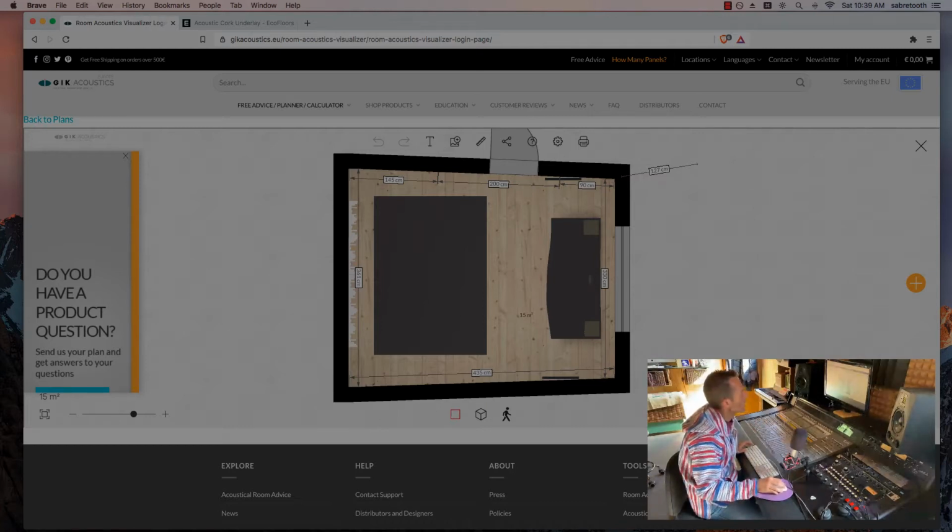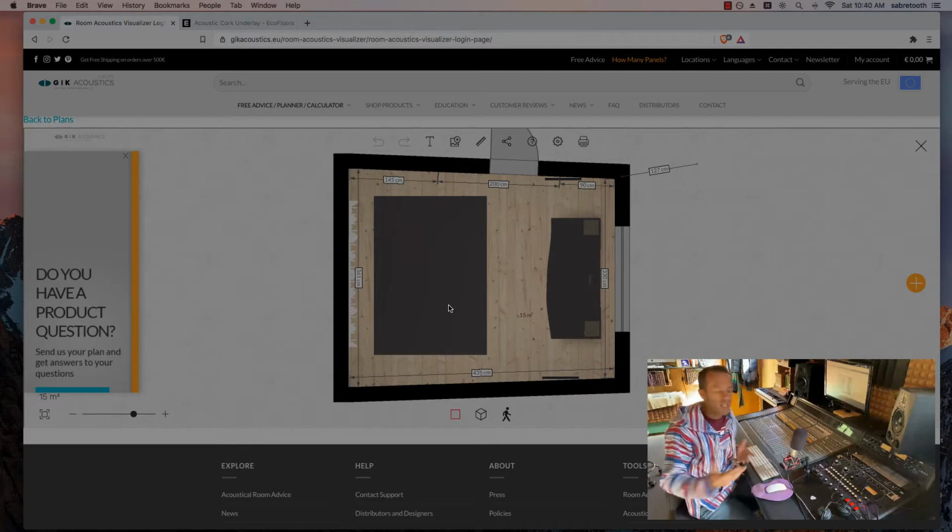So the reason we went with this trapezoid shape was to help with flutter echo slightly, and also just give us a bit more room at the back. Maybe a bit of an experiment too, to be honest. But there's a few reasons. Anyway, it's not really going to alleviate room modes. It's really just to try and get the best sound possible in the room. In fact, that's the principle of the room design that we're going with. We're in quite a quiet rural setting, so thankfully we're going about quality of sound in the room